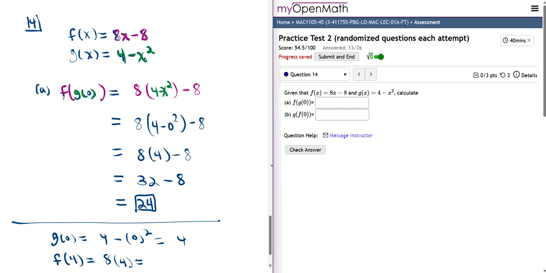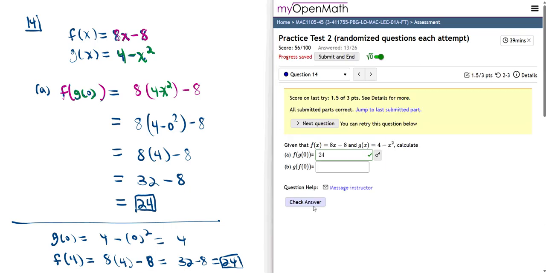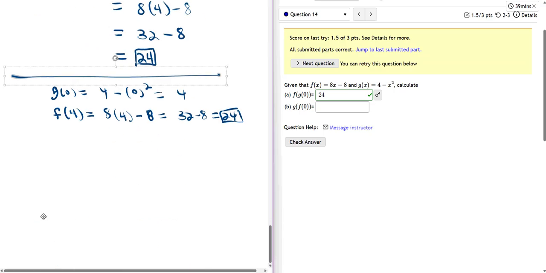So that's another way that you could approach it if you felt like the first way I did it was a little too confusing. You could just do it like this so that you get the same result. Okay, so the first part is 24. All right, now on the next part,